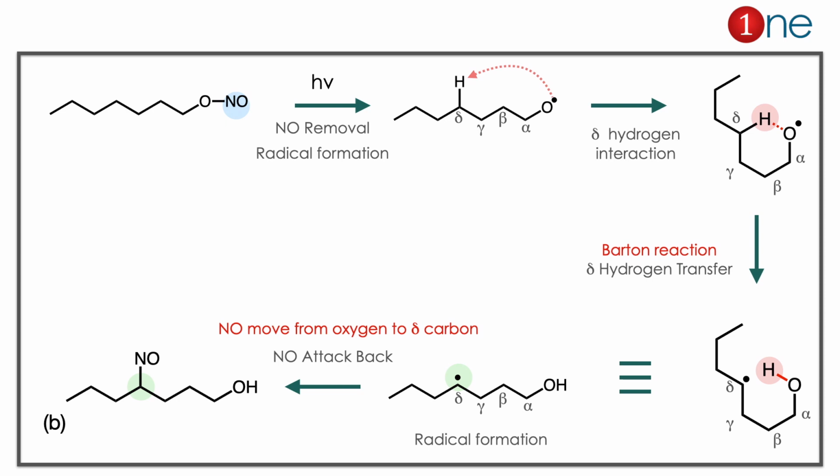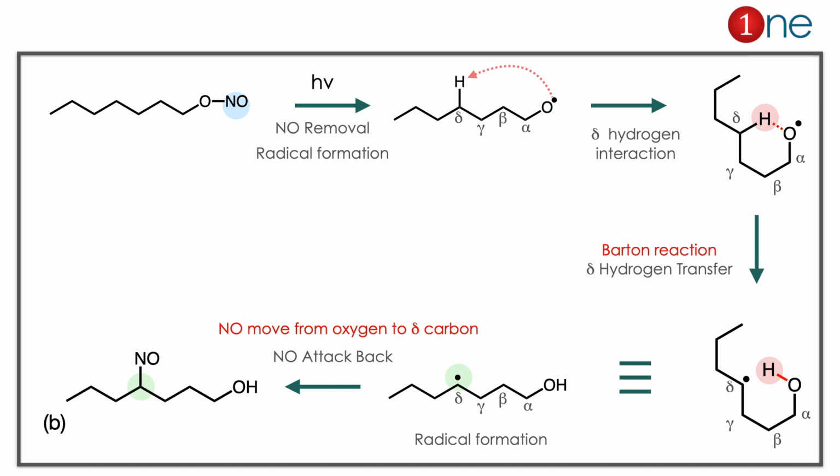If you redraw nicely the 6-member transition state, you can draw it like benzene. The hydrogen is near to the oxygen, so the hydrogen transfer occurs there. So the radical formed at delta. The radical switched from oxygen to the delta position. So it's a kind of rearrangement. Then the radical has to be quenched. So the NO attacks back, you have the radical quenching, which is the answer B.